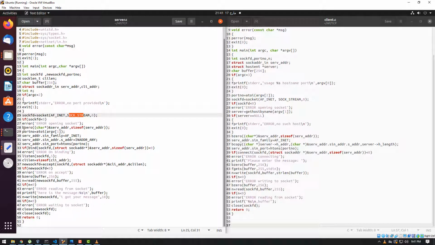Otherwise we have used bzero, as already discussed, the functionality of the bzero function. Same for atoi, ASCII to integer conversion, for the port number that is provided as a command line argument during execution of the program. So family, socket address, port number, and we have bound the socket. If the socket is not bound, an error will be generated. Otherwise we have used the listen command, and it will be in listen mode to accept at least 5 connections and put them in a queue.